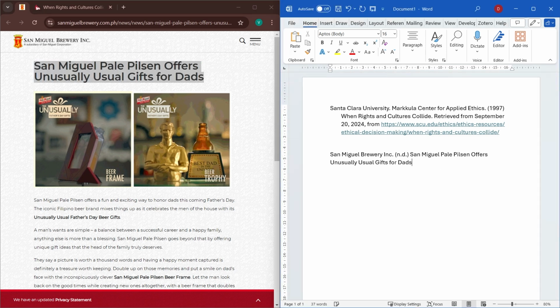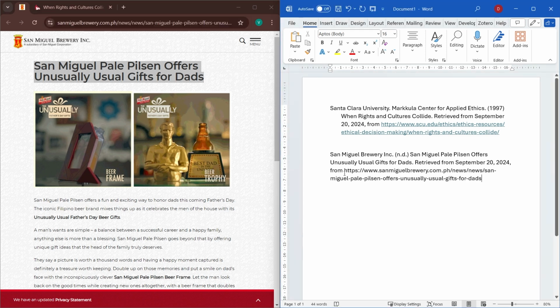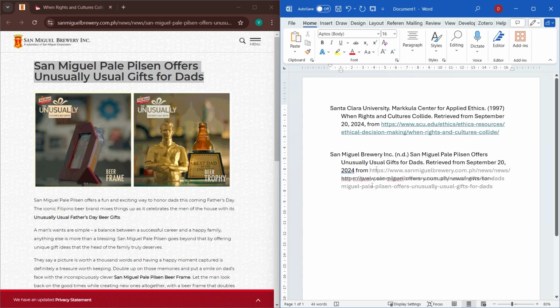Once we have the title in here, we're going to put when we have retrieved this. Still the same: retrieved from September 20, 2024, comma, and then from, and then we're going to copy the website and paste it here. We're going to drag here about, let's say, 1 inch. There you go. We should be able to see the hyperlink. If not, then we can repaste this one, hit enter, and redo that one. Shift enter, just like